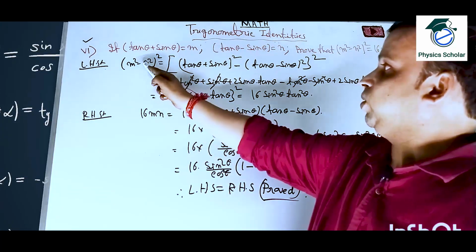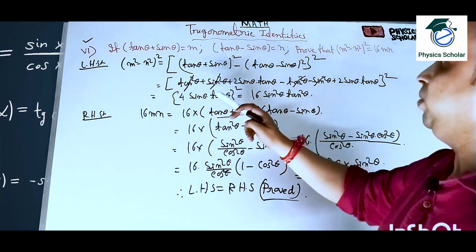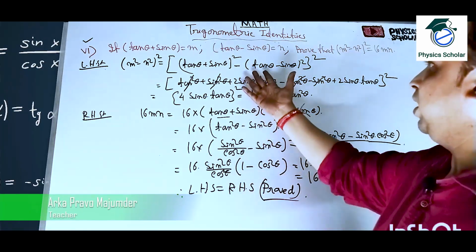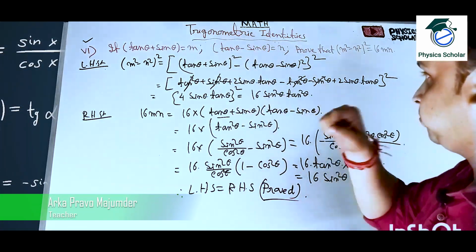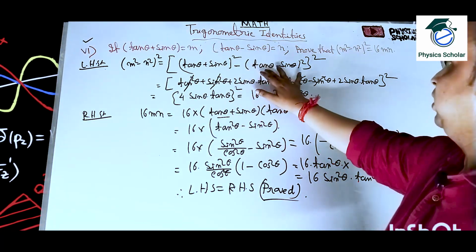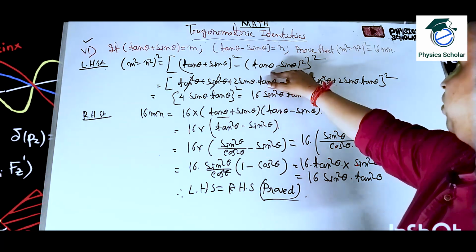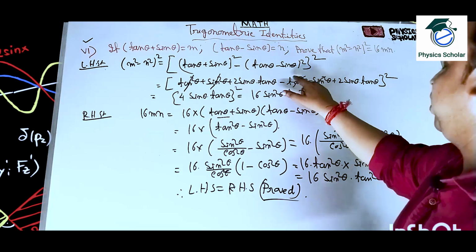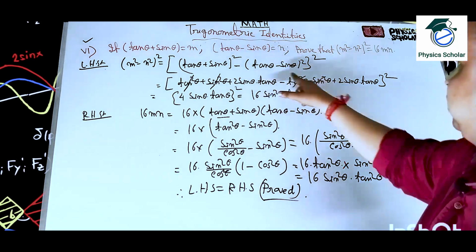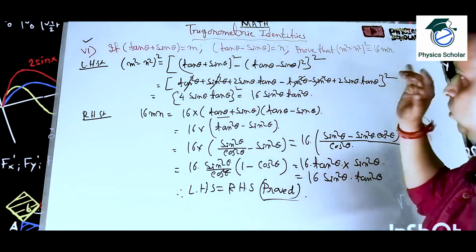Now it is m square minus n square whole square. So basically a plus b whole square minus a minus b whole square is equal to 4ab. We can write the formula directly, but you may make a mistake. That's why I am utilizing the formula. A plus b whole square, that means a square plus b square plus 2ab, minus a minus b whole square. That is minus sign, a square plus minus a square, plus b square, but here minus is there, that's why minus b square, and that is minus 2ab, but minus sign is there, that's why it is plus 2ab. Clear? So minus tan square plus tan square, plus sin square minus sin square will be cancelled.